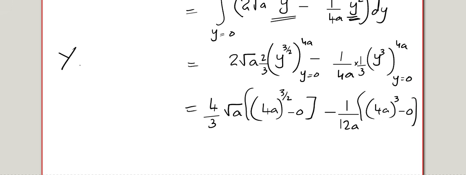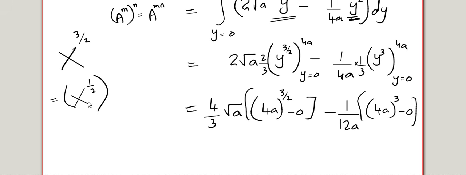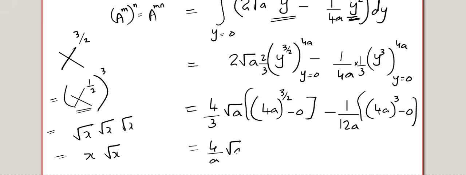Now if someone has doubt like what is this x to the power 3 by 2, let me put it like this. A to the power m, the whole power n gives us a power m into n. That means you can write this as x to the power 1 by 2, the whole cube. But x to the power 1 by 2 is root x, and root x the whole cube will be root x into root x into root x, or that is nothing but x root x. So using that logic, I am going to write this as 4a root 4a